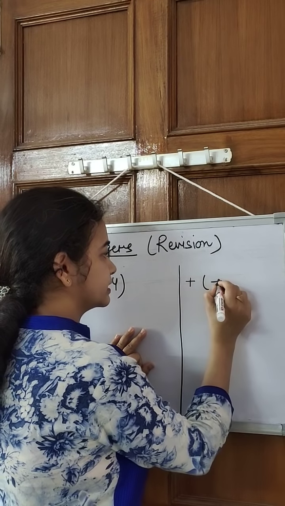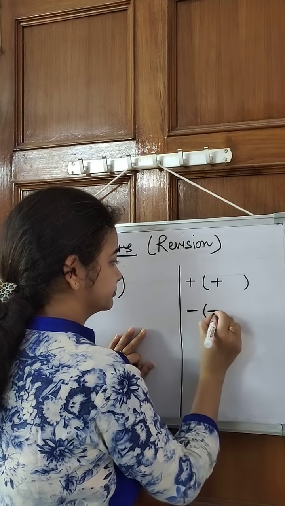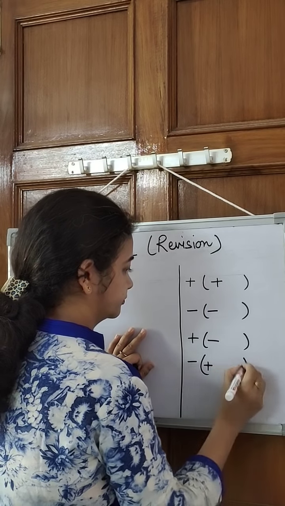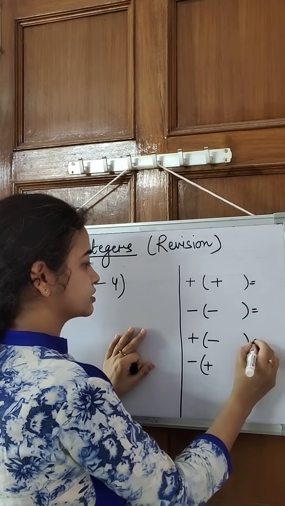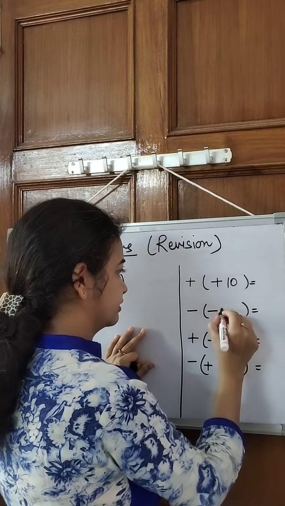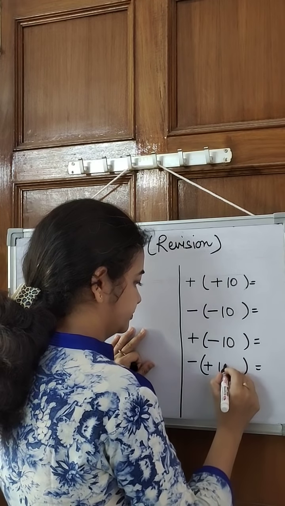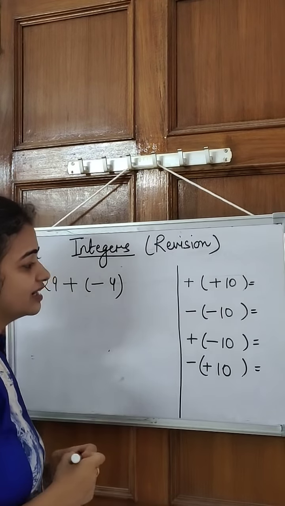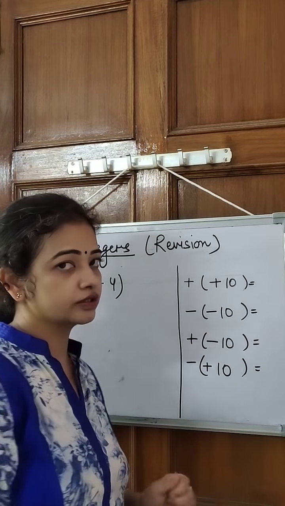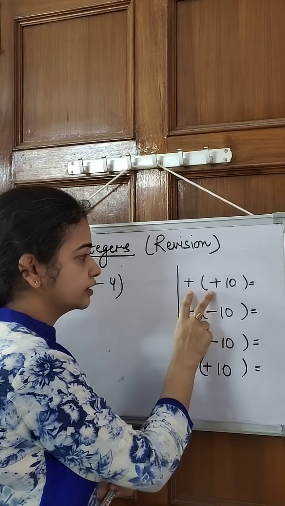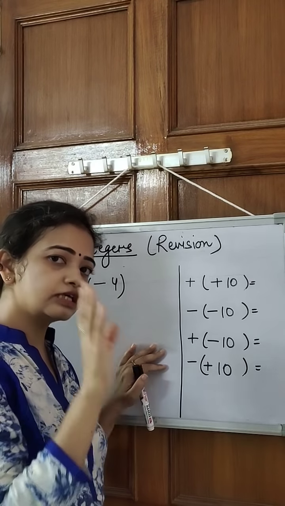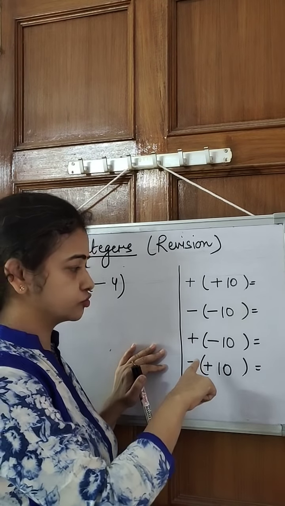There can be the following cases when we solve a bracket. These many cases are possible. Let's take a number also so it will be easy for you. I am taking 10. Everywhere I am taking the number 10. So if any number is written like this, what do we have to do? We have to solve this first. These two signs we have to change and make it one. And how do we do it? We use the same concept as we have discussed just now.